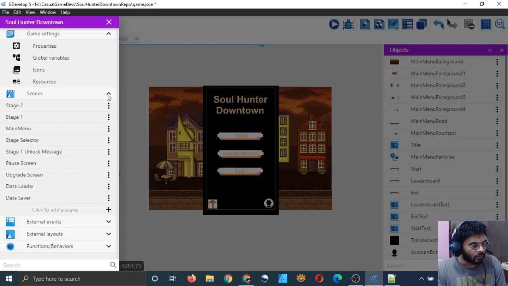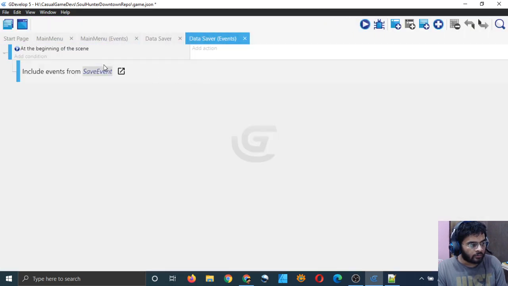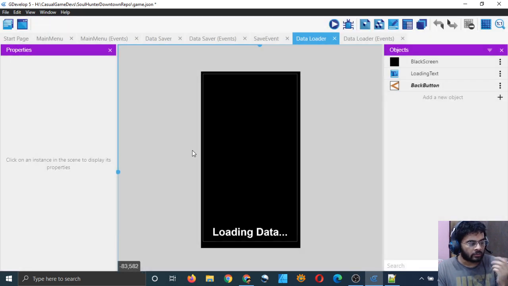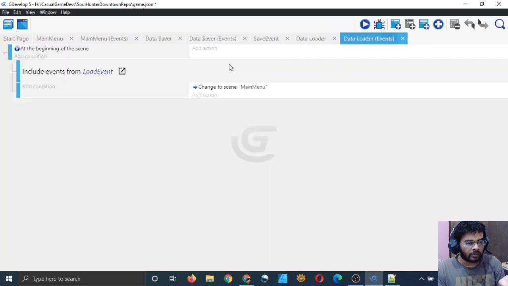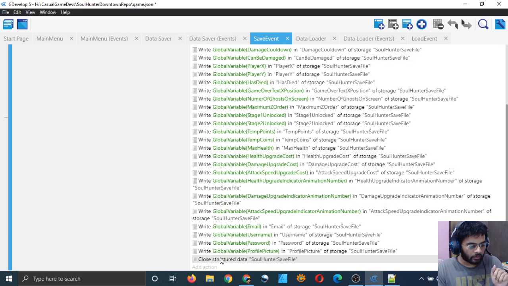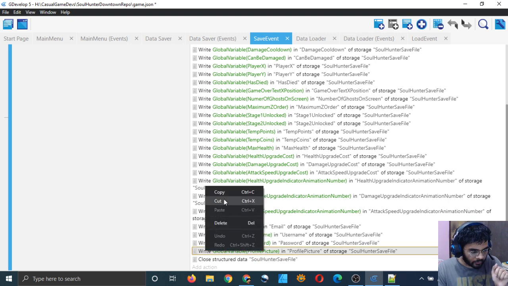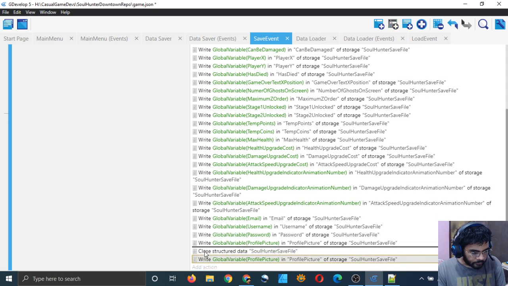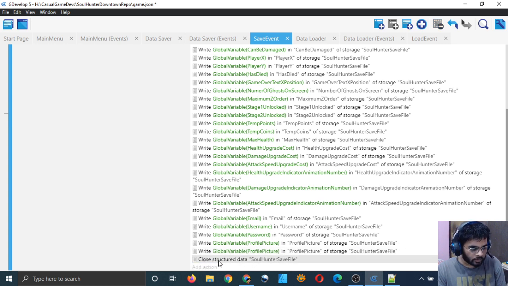Yeah, cool. And let me open my data saver scene and data saver events. I also want to look at my data loader scene and then data loader events, because I have to add that variable also in my save file. So I will just simply copy this last write statement and paste it here, and bring it up before the close statement.